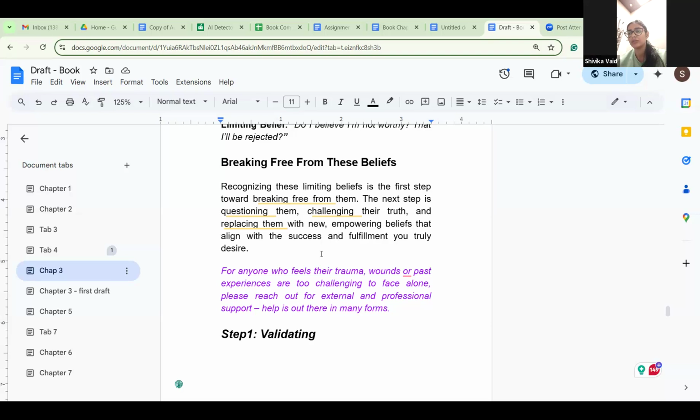Instead, just go ahead and say, for anyone who feels that trauma, wounds, or past experiences are too challenging to face alone, please reach out to me at this place. So maybe you can mention your website, or your landing page, or your email ID, or maybe your social media handles. That should be more than enough.